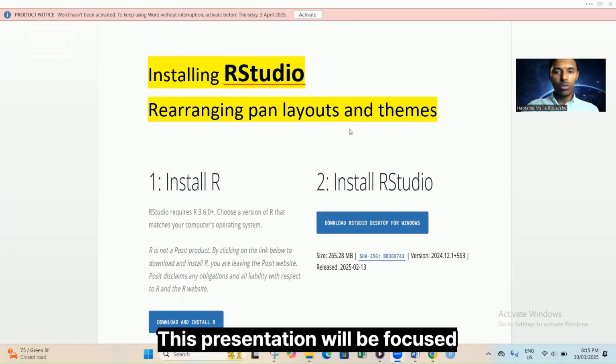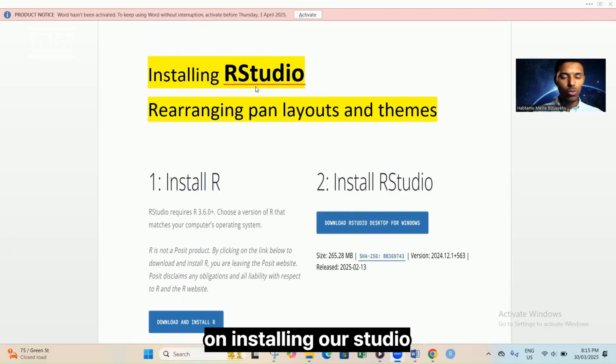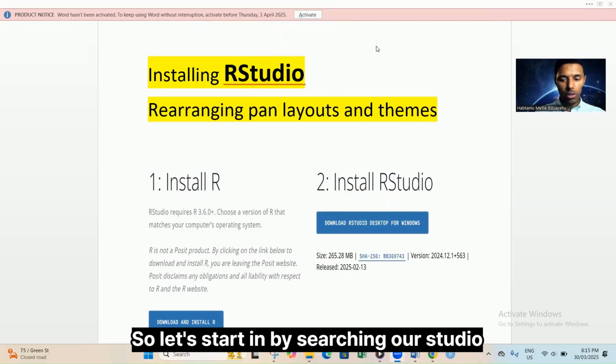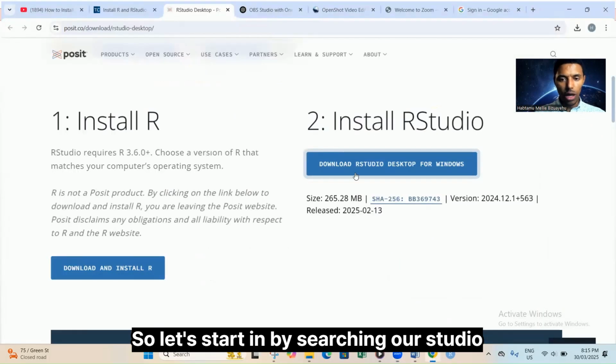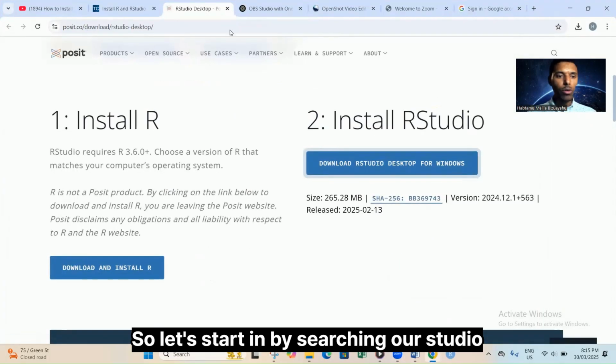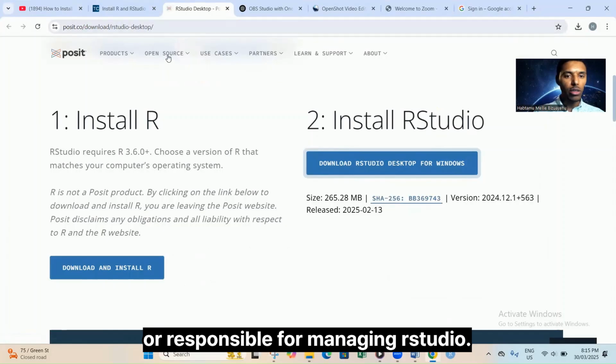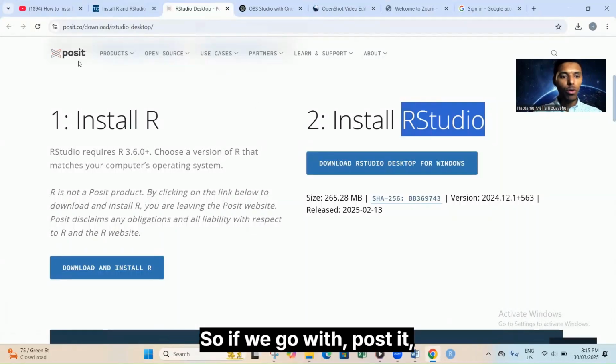This presentation will be focused on installing RStudio and also rearranging the pane layouts and themes. So let's start by searching RStudio. POSIT is one of the platforms responsible for managing it. So if we go to POSIT